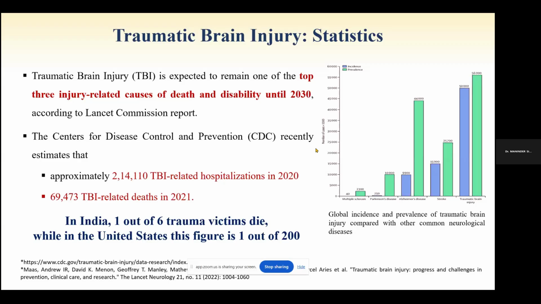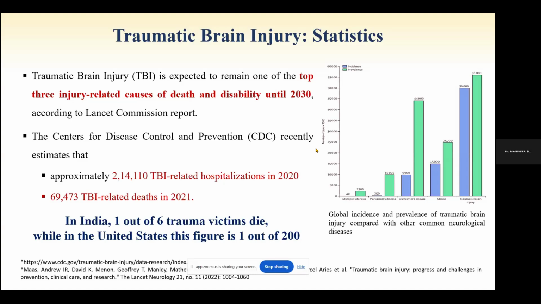But according to the Lancet Commission report, one of the studies in the literature found that this brain injury is expected to be among the top three injury-related causes for death and disability until 2030. And moreover, there are statistics where the number is staggering. Like you can see that